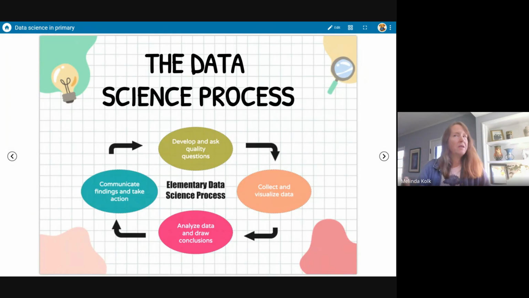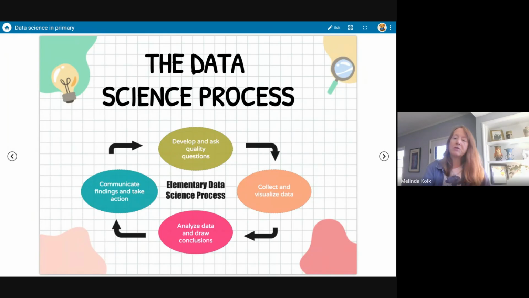So when we look at that data and we visualize it, we're going to look at it and we're going to see, can I see a pattern here? Can I find some repetition? Is there something that's pointing me in a certain direction, to be able to then make a decision using that data, whether it's change my behavior, implement a new solution. I also have to be able to communicate that information. And again, I might communicate it visually through an infographic. I might utilize the way I visualize that data, but how am I going to share it so that it not only informs my decision-making process, it informs others as well.